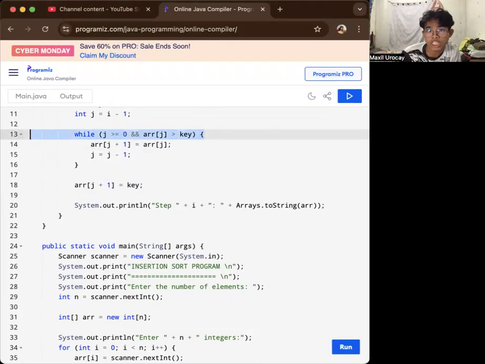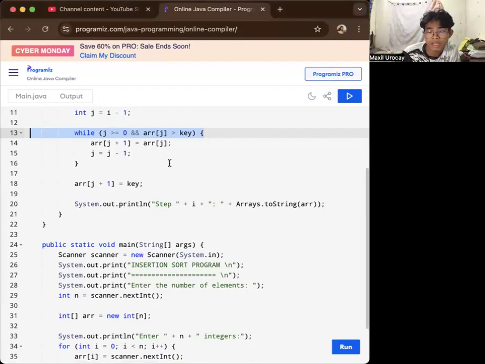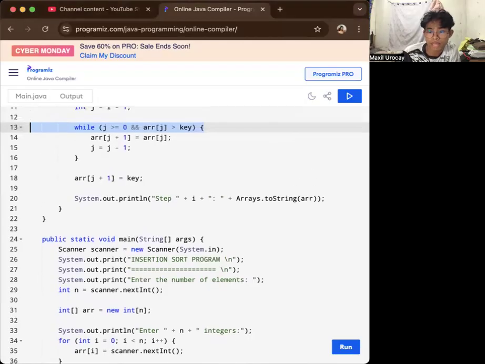It continues as long as j is greater than or equal to 0, so the element being compared is within bounds. And if array[j] is greater than the key, therefore the element at index j is larger than the key.